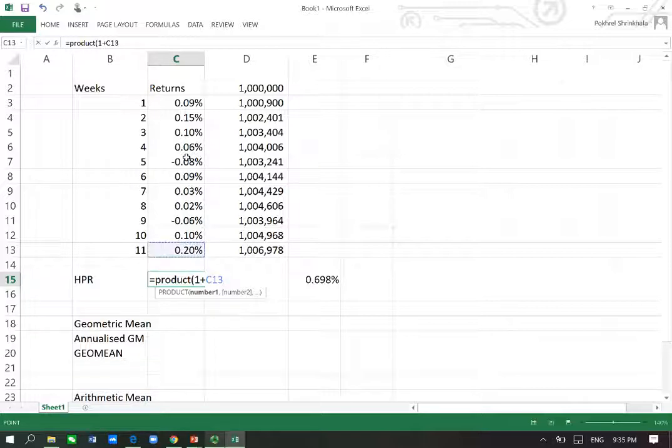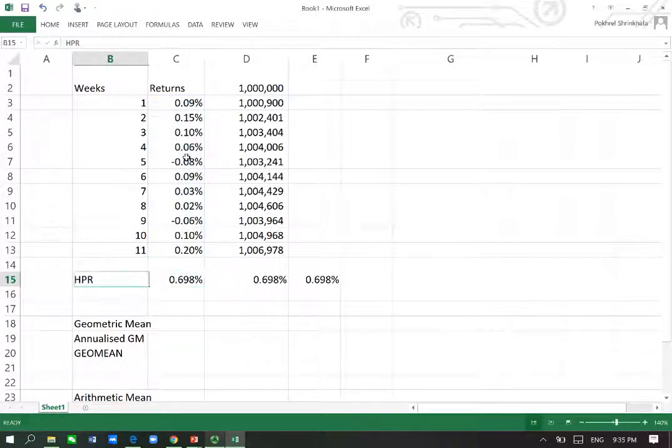Product basically means 1 plus R1, 1 plus R2, 1 plus R3, all the way to 1 plus Rn, which in this case is 11. And then if I just take minus 1, then that gives me the yield, which is therefore again the same. Okay, remember, when you have this done, you need to press Control, Shift and Enter because it's an array function. So we found this yield, okay, and which is basically a reward for continuing to hold that position for that